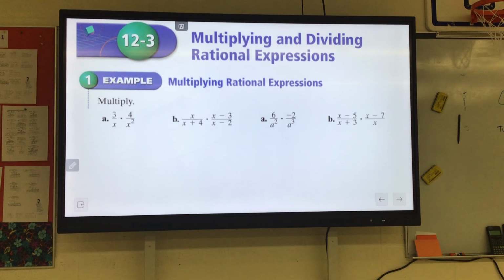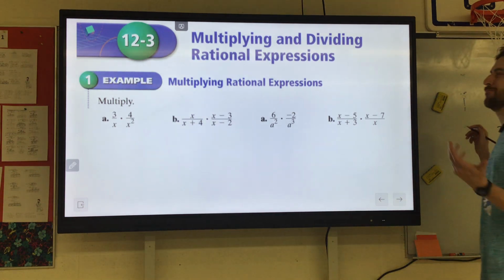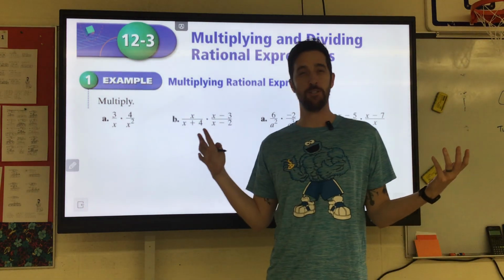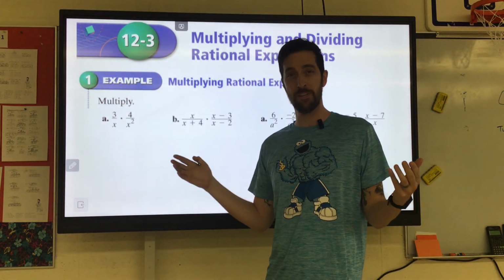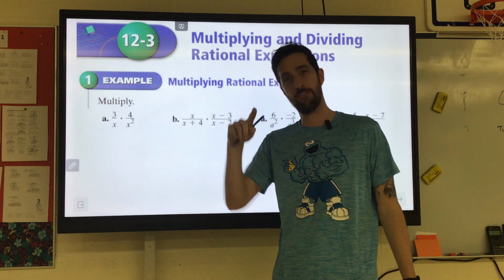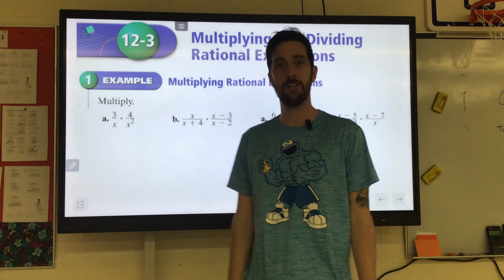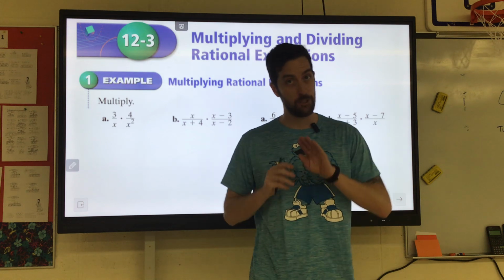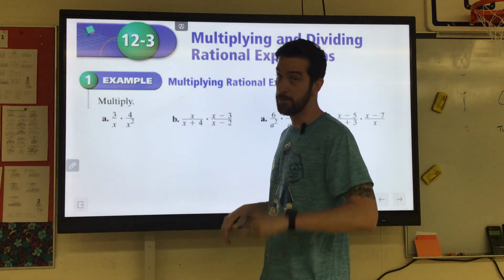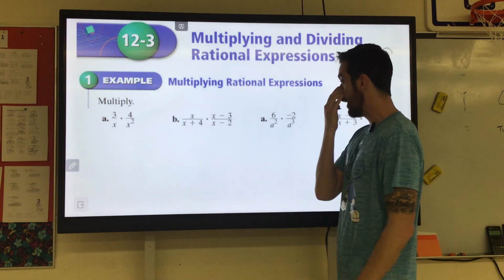All right. We're going to multiply and divide some rational expressions. Now, we've done multiplication and division with fractions before, right? Multiplying is nice because you just multiply across the numerator and across the denominator. Dividing, you do the old keep, change, flip. Remember that? So if you look at A,